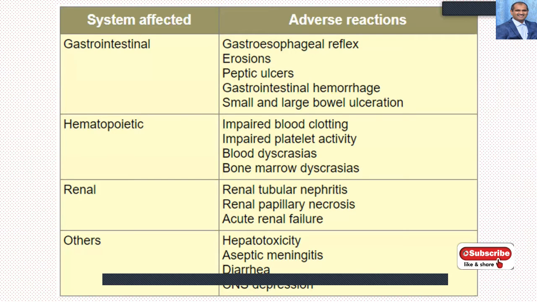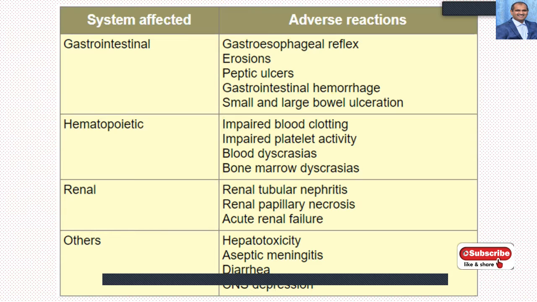If you administer NSAIDs like diclofenac sodium, aspirin, and other drugs like phenylbutazone, they cause severe punched out ulcers even at the therapeutic dose. They are highly susceptible, and